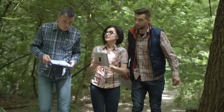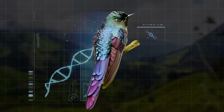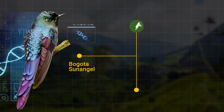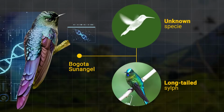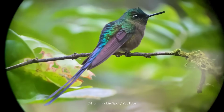But that changed in 2017, when a study decided to analyze its DNA once again. The results suggest that the Bogota sun angel might not be a completely separate species after all. It looks like it is actually a hybrid, meaning it was a mix of hummingbirds from 2 different species. And it's likely that its mother was a long-tailed sylph, which is a gorgeous hummingbird that mostly lives in the